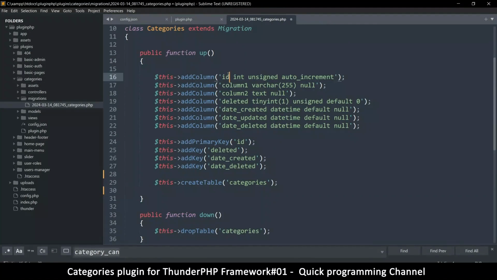Okay, so let's think about categories. What we really need is the category ID and the category name. Those are the only two things we need. Now, in order to match a category to a particular page or a category to a particular post, we'll need a separate table that's going to be called maybe categories page mapping or categories post mapping. So it's better those particular tables are inside either the basic pages plugin or the basic posts plugin that we'll